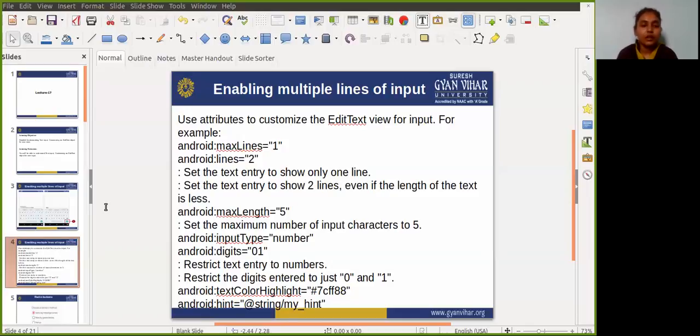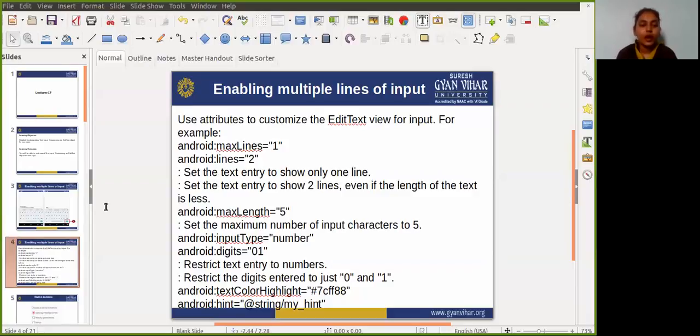So just declare the input method by adding the android:inputType attribute to the EditText view. For example, some attributes set the on-screen keyboard to the phone keyboard, such as android:inputType equal to phone.